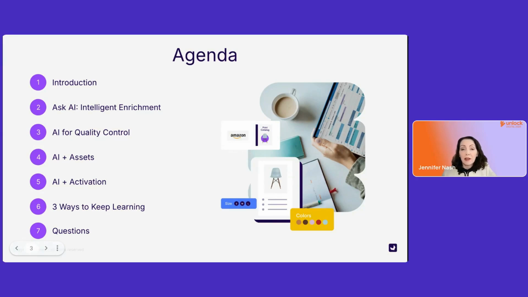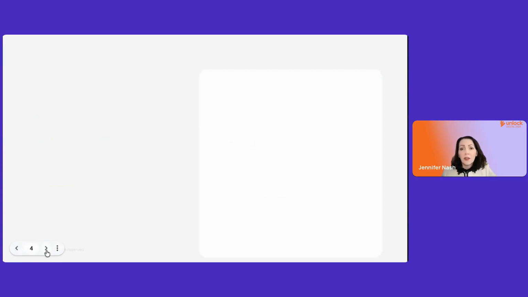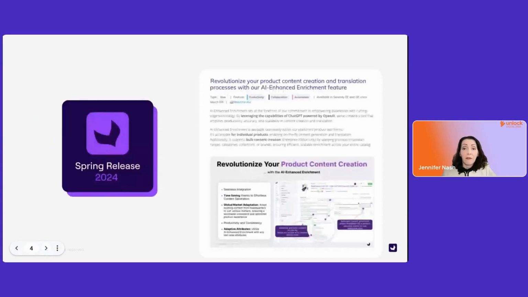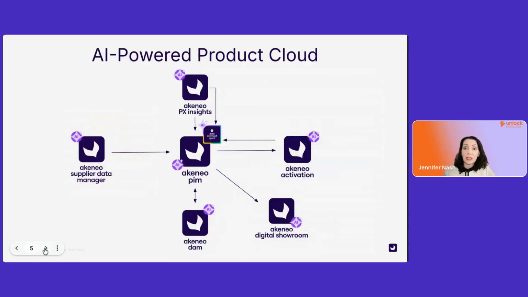As we were preparing for today's session, I went back and thought about our first AI capability for the PIM. We released it 2 years ago at Unlock 2024. This was the AI enhanced enrichment and translation. And for the past 2 years, we have steadily expanded our AI capabilities across the product cloud. I actually counted up, and today, with spring release, we have nearly 30 AI features that span the